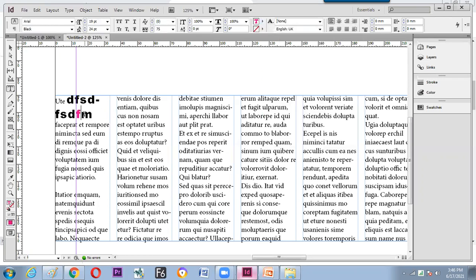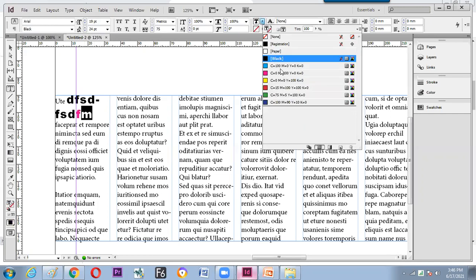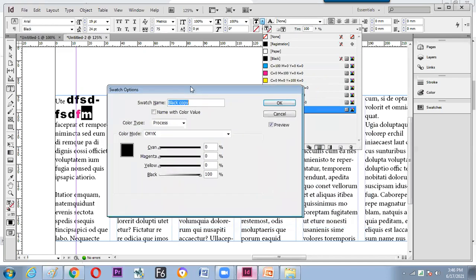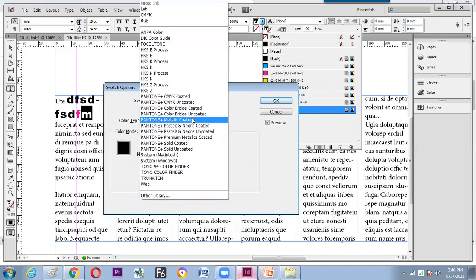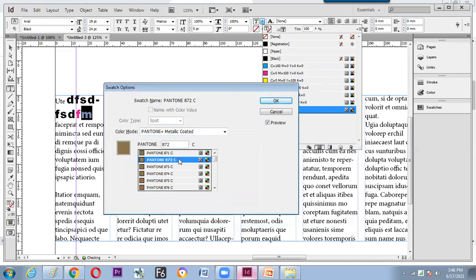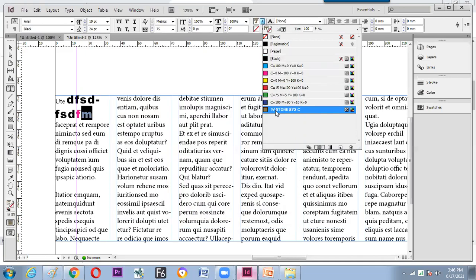But InDesign shows a few limited colors over here. Nothing to get worried about. The rest of the colors we can generate by new swatches. So we can generate a new swatch. This is the button for creating a new swatch. And here we can double click. A window pops up. Here we can generate our own color, or take it from the library. So there are two ways we can adopt.